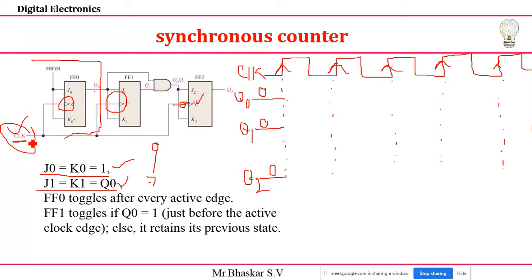Once the rising edge of the clock arises, then something happens, it will be activated. Because J and K values are 1, the initial value means present state value, suppose it is 0, if both J and K values are 1, what is the next state value? If it is 0, J and K values are 1 1, what is the output you'll get here? If both J and K values are 1 1, that condition is called what?